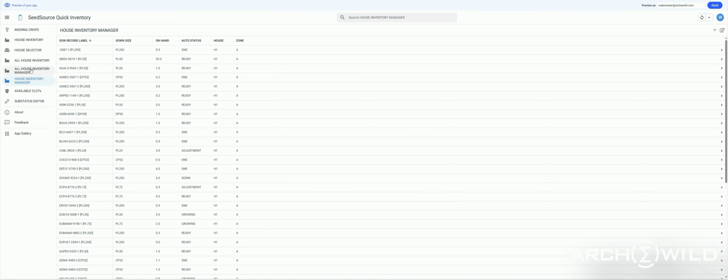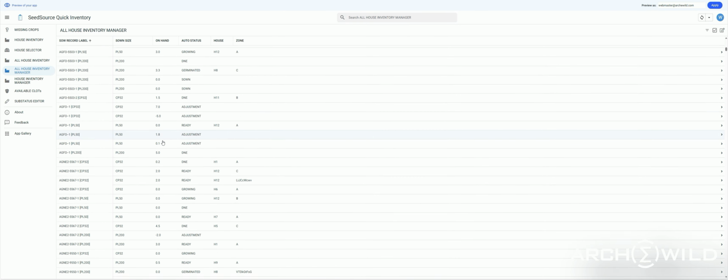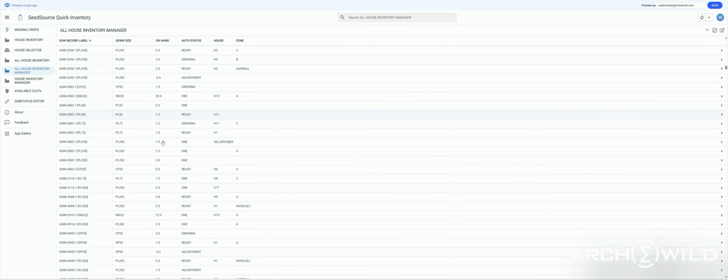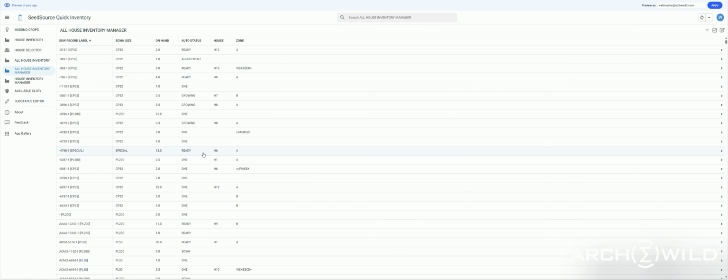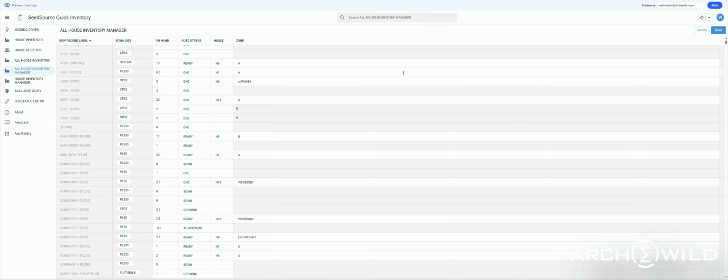There's also an all house inventory manager view, which if you're a nursery manager, you should have access to. This will show you a listing of all of the inventory that the system says that you should have based on your production records. There are likely going to be many D&Es in this list. Once you confirm that those crops no longer exist, they can be deleted. So the spreadsheet mode has been enabled for this view. You click the pencil button over here in the upper right, and